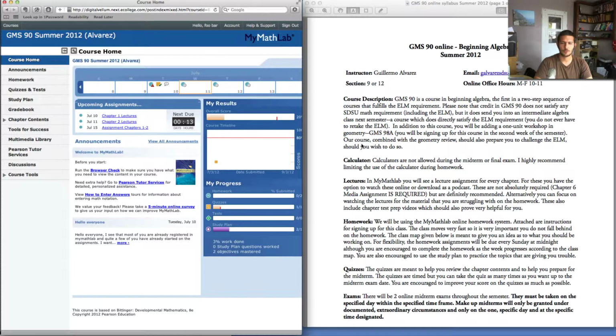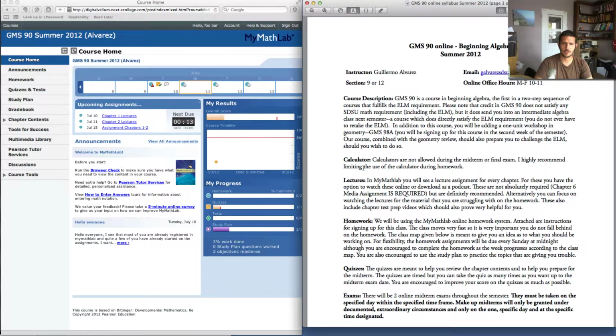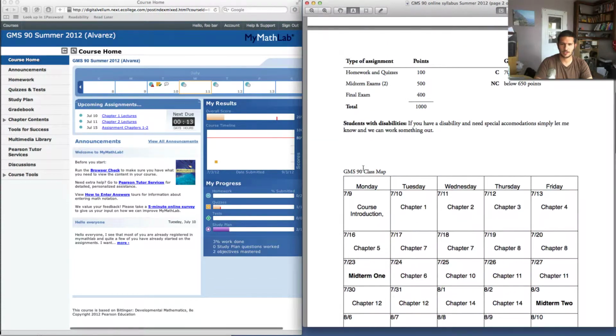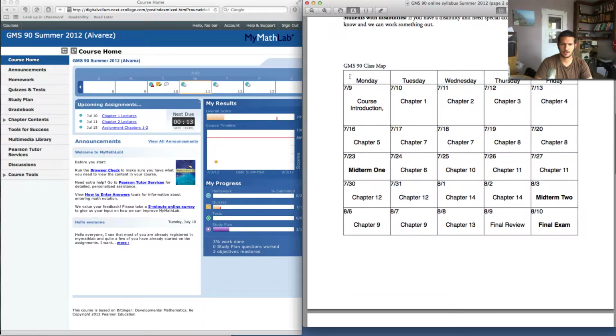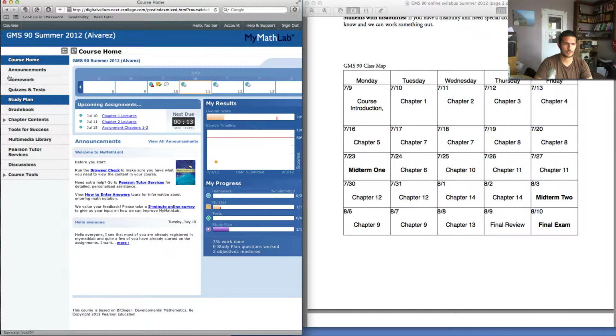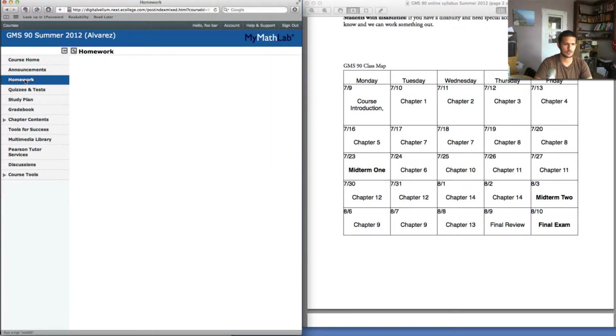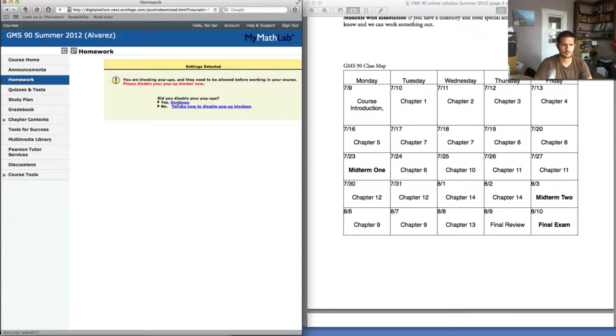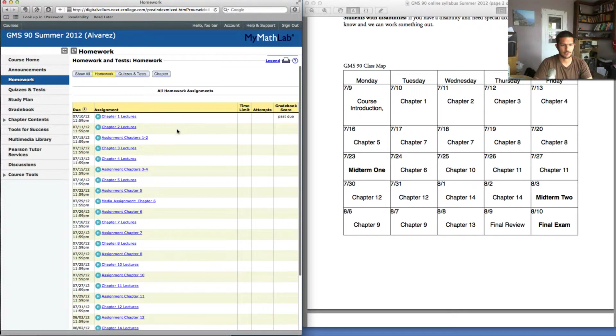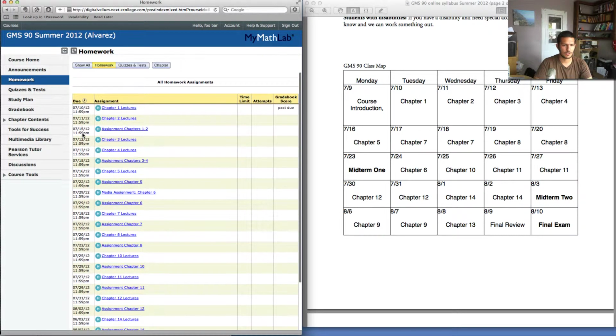So the first thing, take a look at the syllabus, and on the second page, I have the class map. So you'll notice if you go over here to the assignments, if you go to the homework, you'll notice that the assignments are due. I'll talk about the lectures in a minute, but if you look at here, for example, assignments chapters 1 to 2, they're due on the 15th, chapter 3